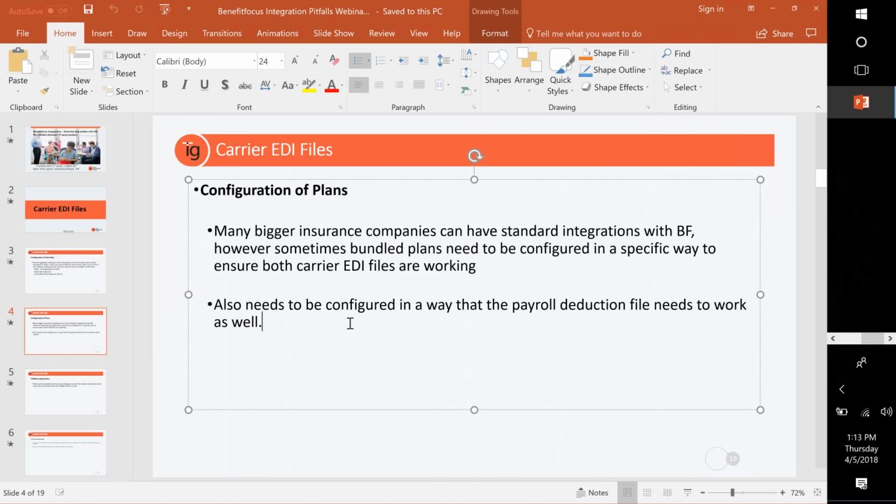However, when it comes to Benefit Focus, because of the way that things can be configured and because of the ripple effects that can come out into deduction files, it's almost imperative that the payroll and the benefits teams be included in almost every issue that has to do with the corrections to an employee's benefit, only because, especially with SAP integrations, as I'm sure many of you know, this is something that can result in retroactive deductions,